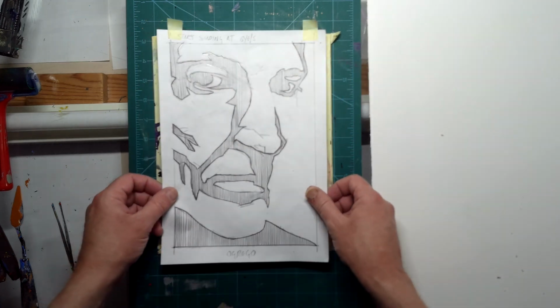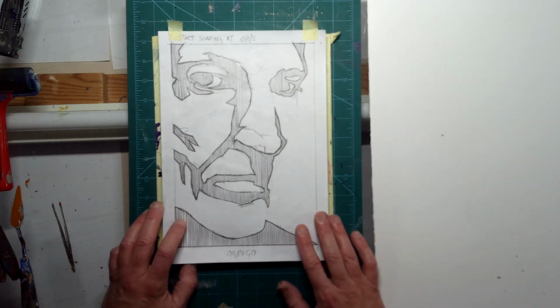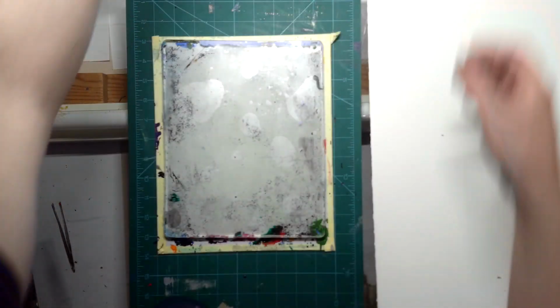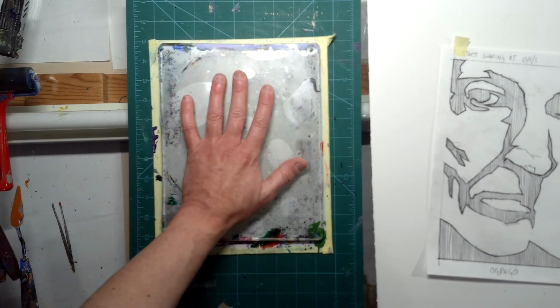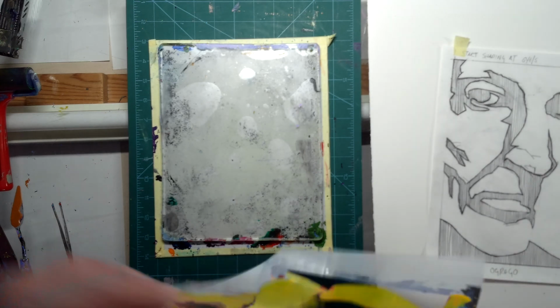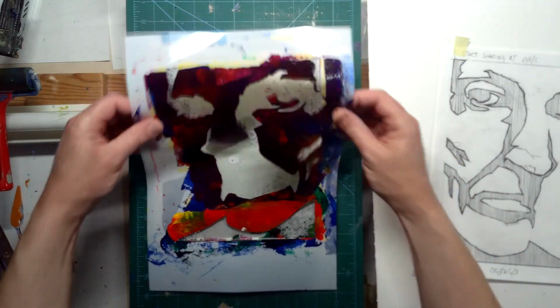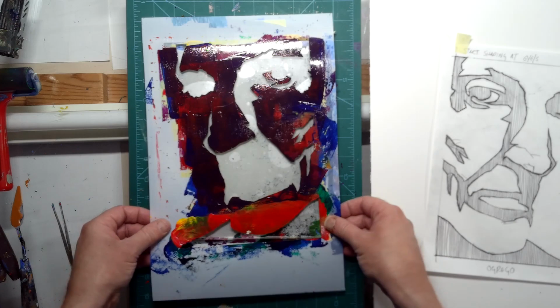So, to begin with, I start out obviously with a template, and that's the base drawing for my template. Now I take my plate, and with a lot of these that I've been doing recently, I put my template onto it, and I quickly figured out that putting this on at a stage when the paint is wet is